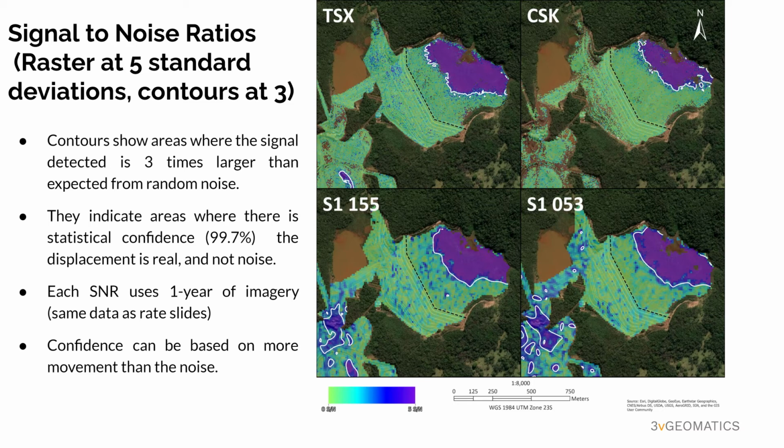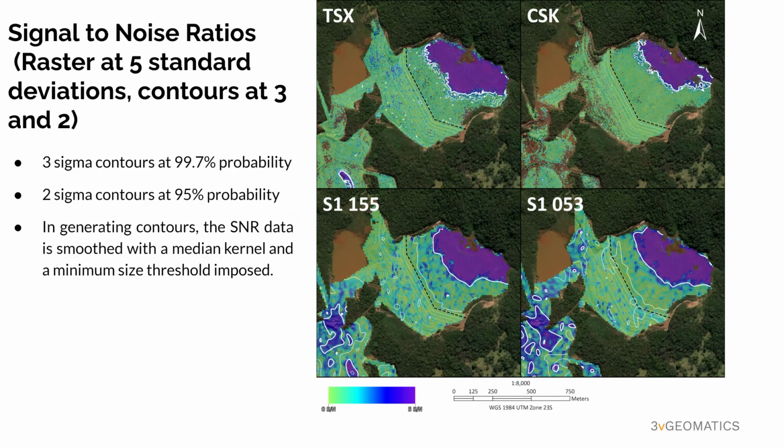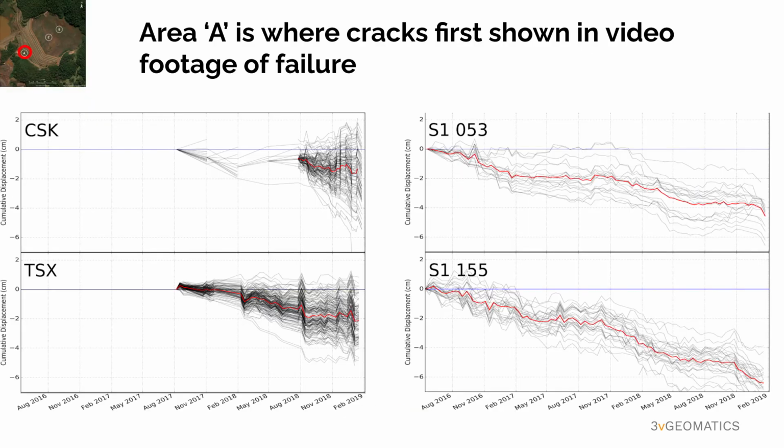We've contoured the SNR level 3 in white, and we see the tailings material at the back consolidating where the displacement signal was apparent. There are some areas on the dam corresponding to the higher rate in the Sentinel data that are reaching an SNR of 2, seen with the thinner white line. This technique gives us an area to investigate next, so we'll look at the time series of points in this area, labeled A. The average time series of the selected points is shown in red.